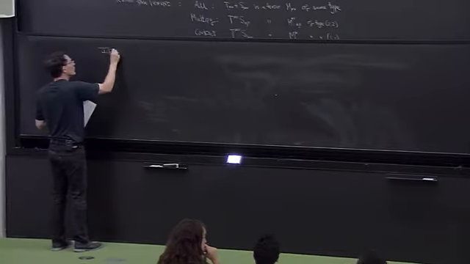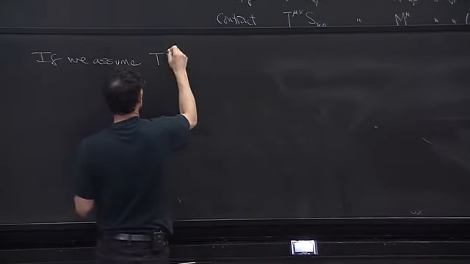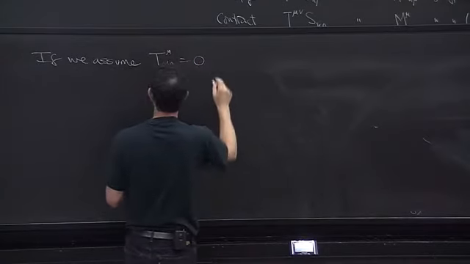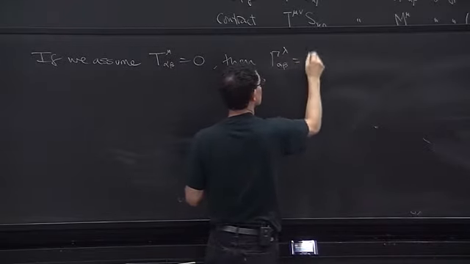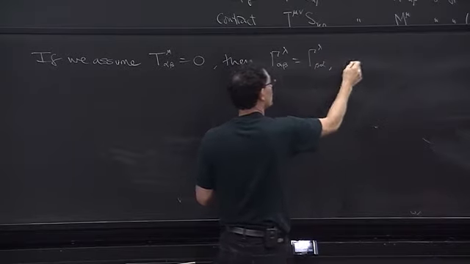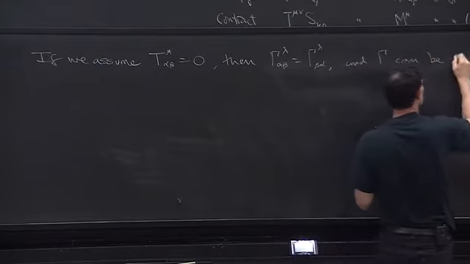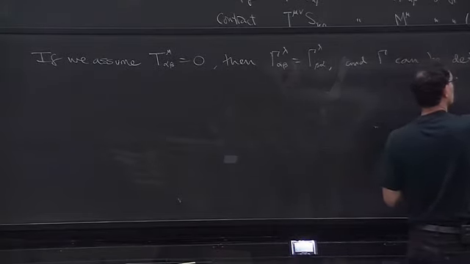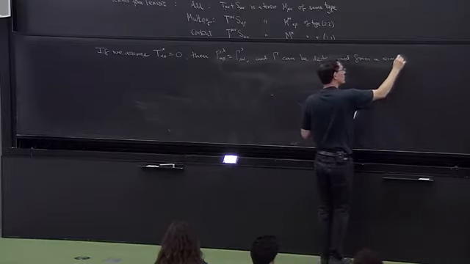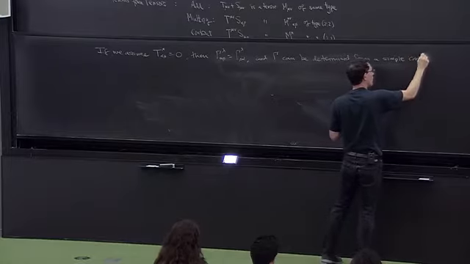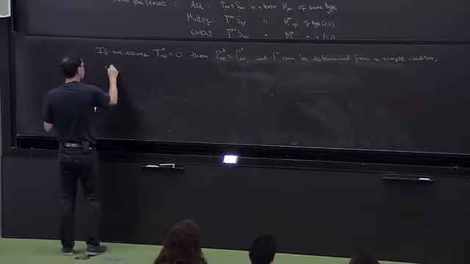So if we assume torsion equals 0, then gamma equals gamma, and gamma can be determined from a simple condition, namely,